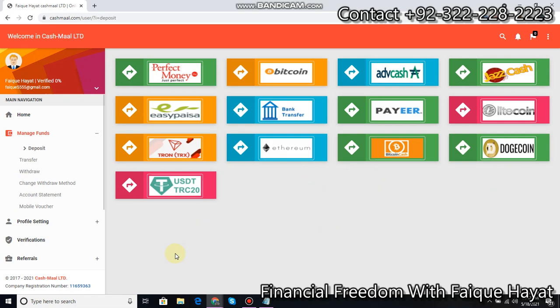So now friends, if you want to buy USDT, the TRC20, for Binance, for Trust Wallet, for any exchange to trade cryptocurrencies, you can buy from here. If you have dollars in your Perfect Money account and you want to transfer them, you can transfer here, and then you can transfer them into Easypaisa or Jazz Cash wallets and withdraw. You can withdraw in Pakistani rupees.